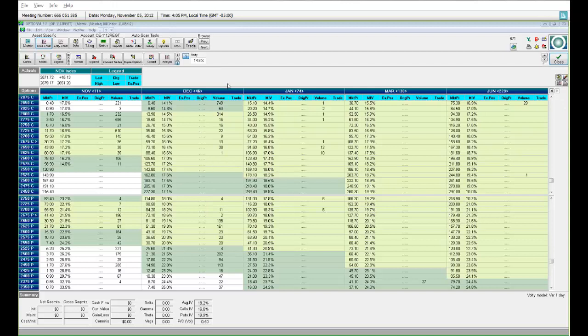Okay. All right, so let's talk about the Nasdaq here. Now, what you see on my screen is, I'm going to highlight this. That's November, and you see the number 11? That means that November has 11 days left until expiration of all these options. Now, each one of these that you see on the vertical column, the ones with the C are calls. The ones below that are puts.